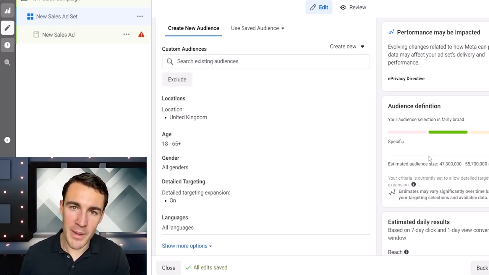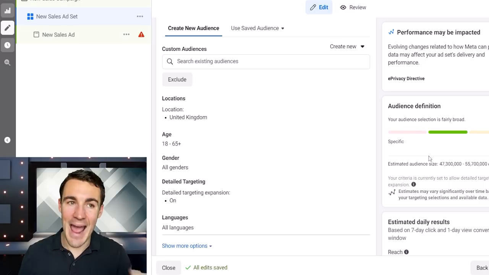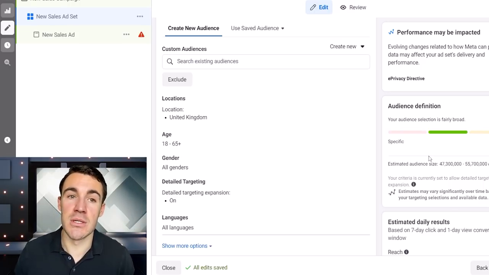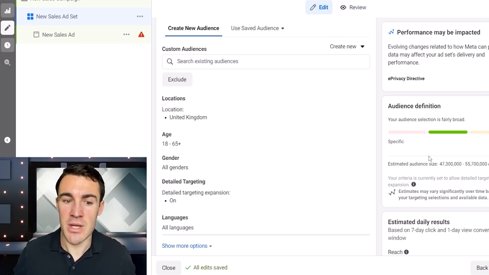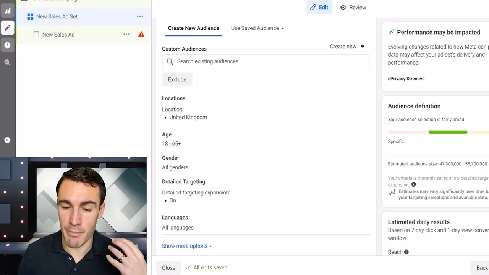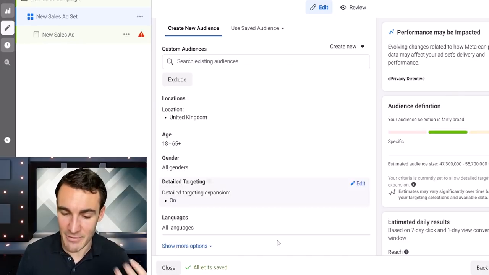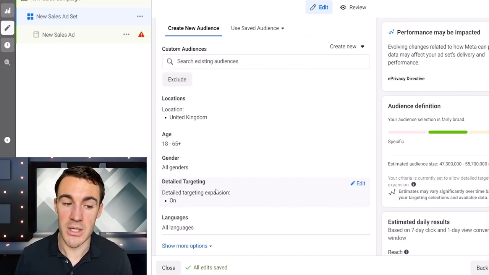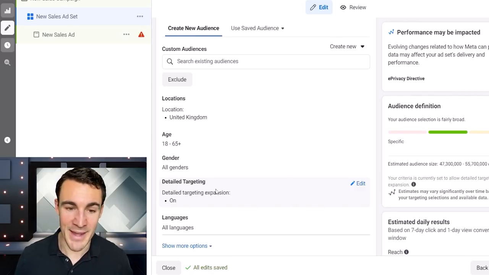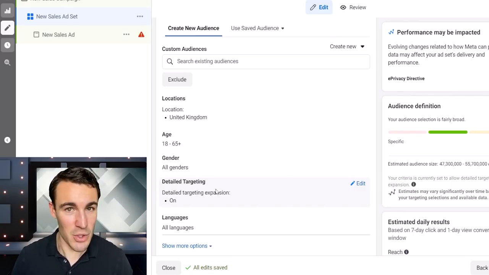So if you've got a broad appeal product or service and you've got a reasonably mature ad account, as I said, hundreds, but definitely if you've got thousands of conversions, that could be another great potential solution. So absolutely go ahead and try that. Just try broad targeting on one of your ad sets. If you've lost out on detailed targeting options that used to work, you may well find that the results are even better than what they used to be with detailed targeting. We've done that in certain circumstances, seeing great results. That's a great potential fix.